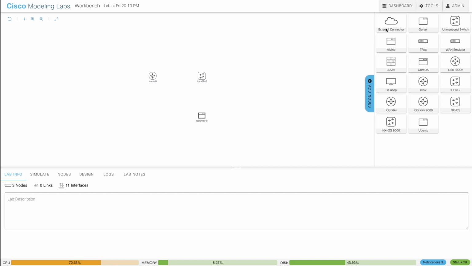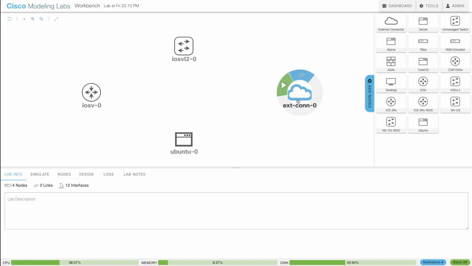And I love this, the external connector, the cloud. Now what this external connector does, let me see if I can zoom in a little bit so you can see this better. That looks better. This external connector allows this emulated environment to go out to the rest of the world. Because my server that's running ESXi has a connection out to my home network, which of course gets out to the internet. So it's going to act sort of as a router. It's going to do NAT, network address translation, and it's going to act as a DHCP